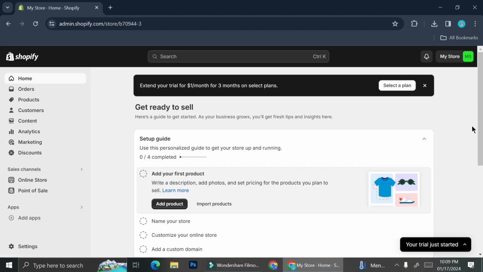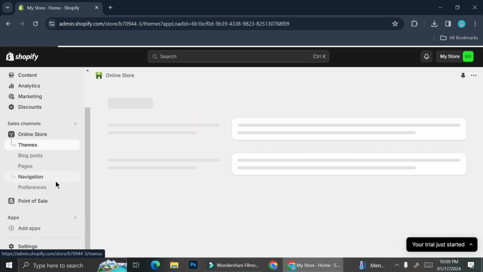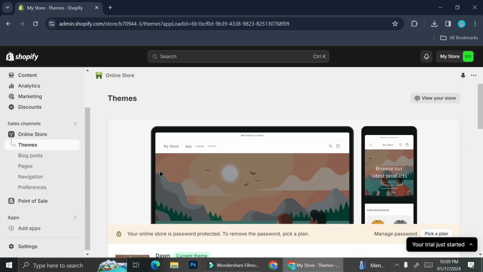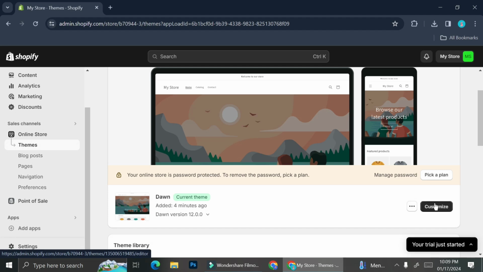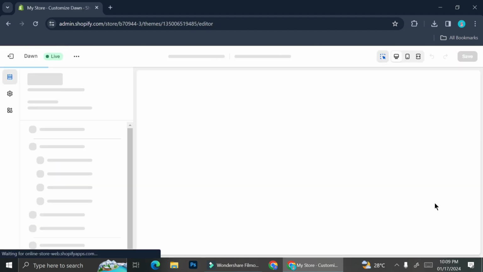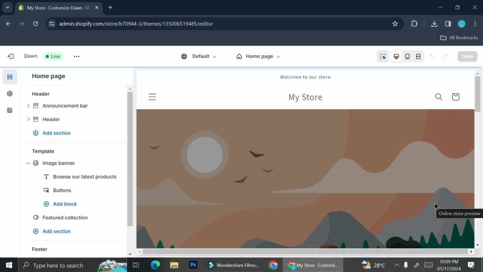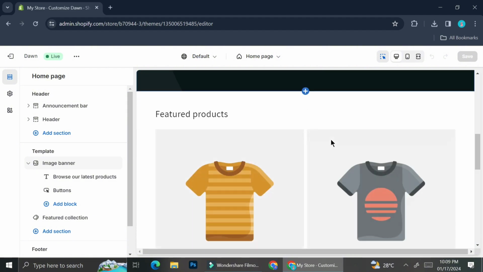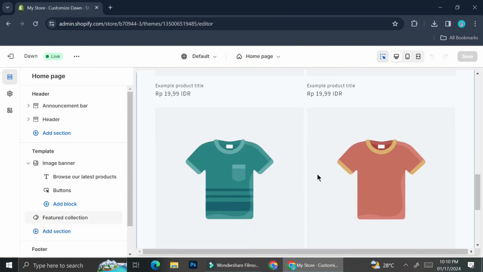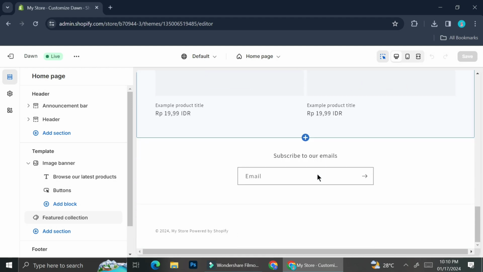Once you're done creating your account, you're going to be redirected into the Shopify dashboard. And what you're going to do next is that you're going to take a look at your online store. You can go ahead and click on online store button on the left side menu of your screen. And then you can continue and customize the look of your shop by simply clicking on customize. And this is how your shop will look like at first. You can always change the theme as well as the wording, etc. I'm just going to give you a brief image on how your online store is going to look like if